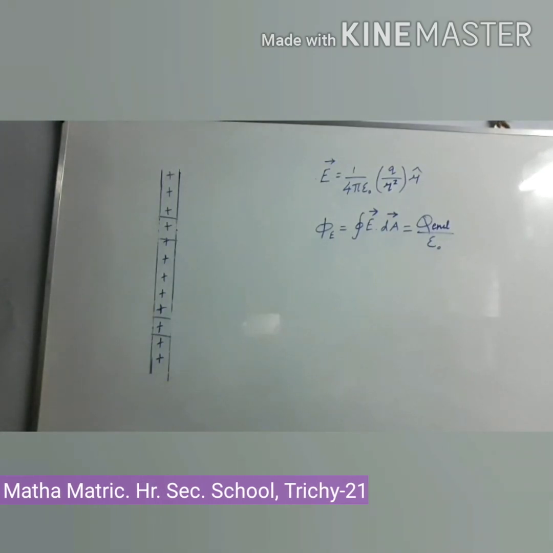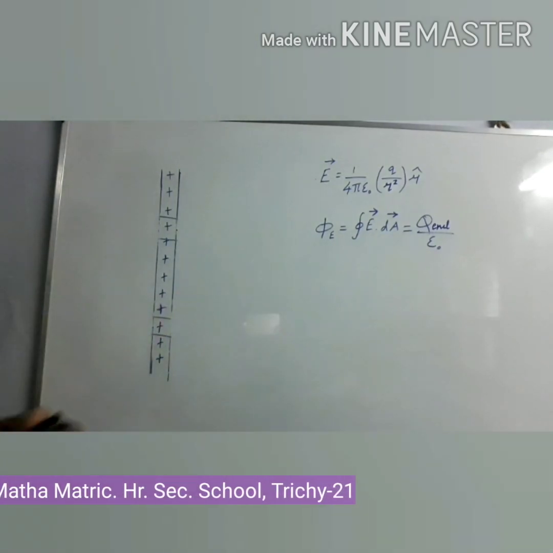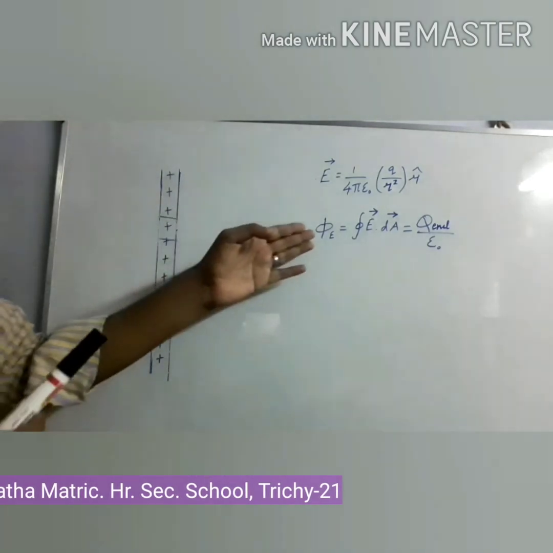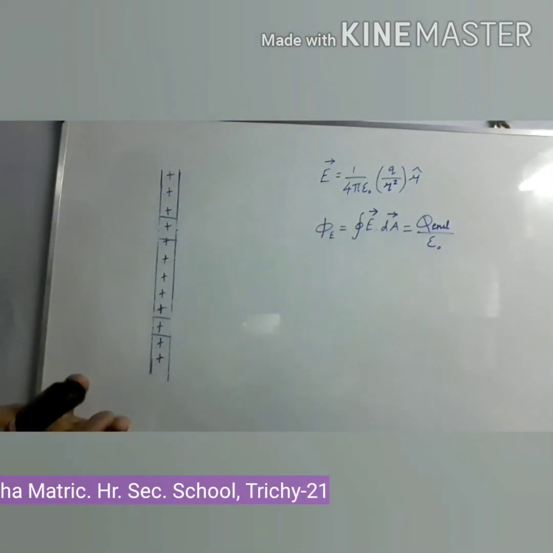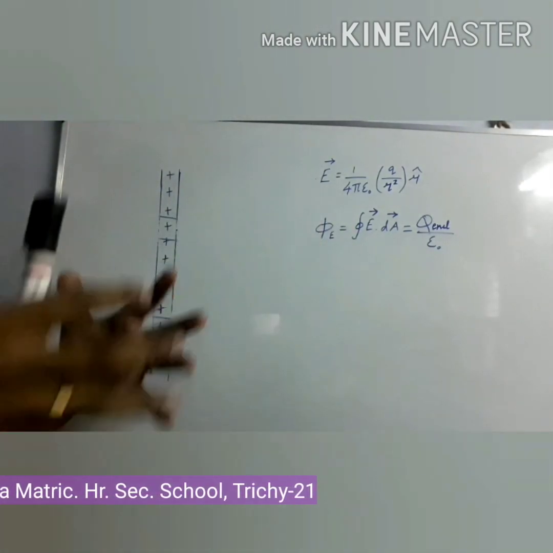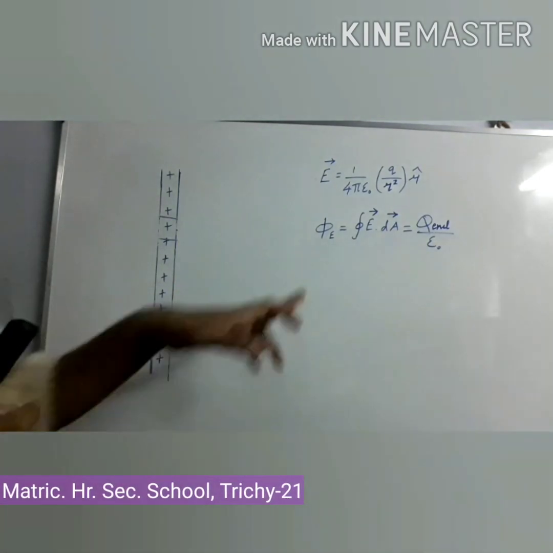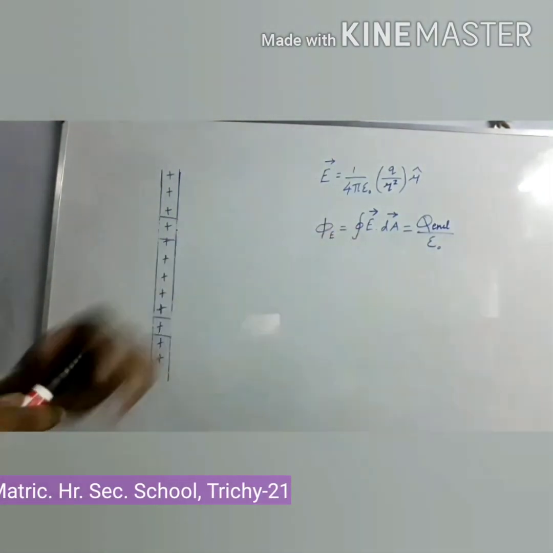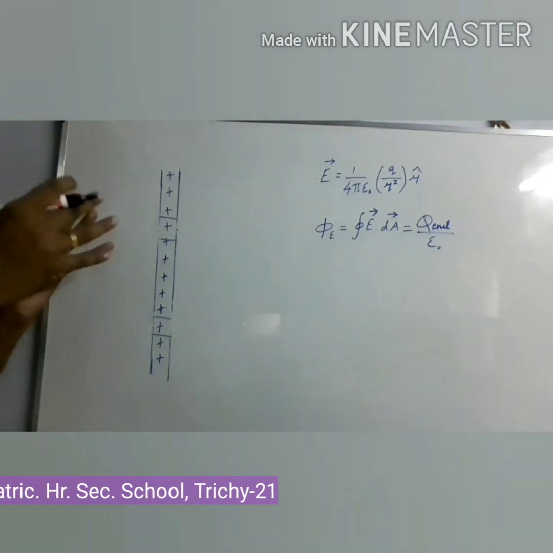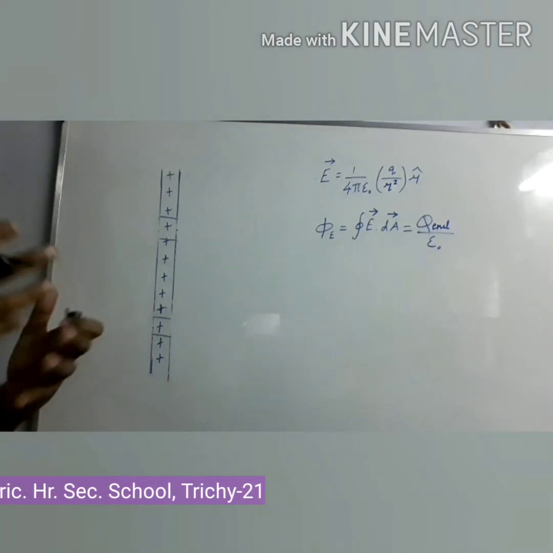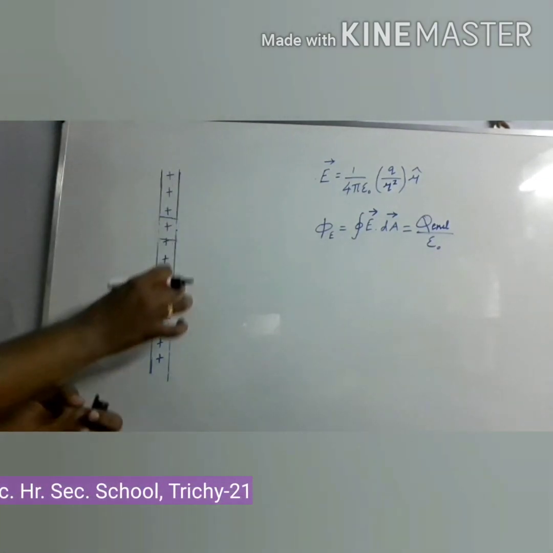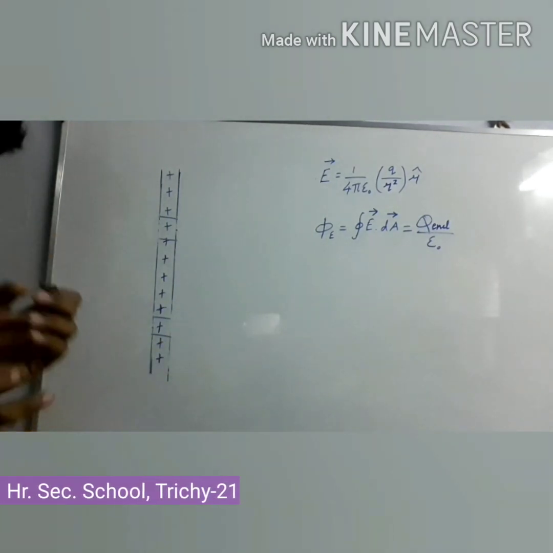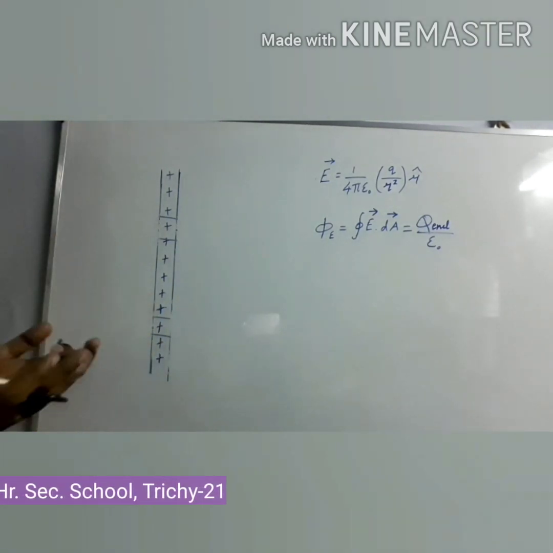As we are going to use the Gauss law to find the electric field, you have to imagine the Gaussian surface. Gaussian surface is nothing but an imaginary and closed surface to find the electric flux. So we are going to take a closed surface. The Gaussian surface can be taken in any form. Since we are going to use the charged wire, it's better to imagine it in a cylindrical shape.